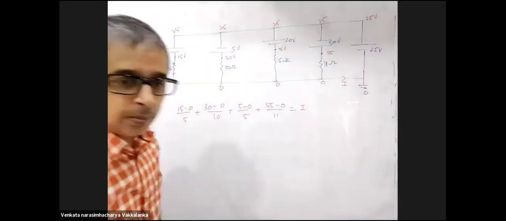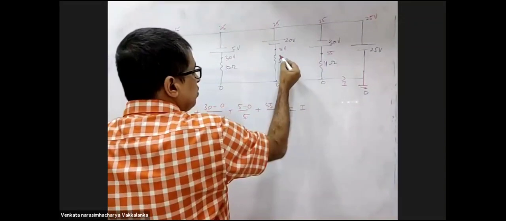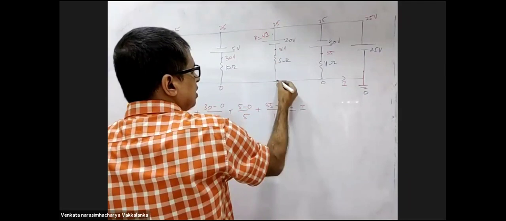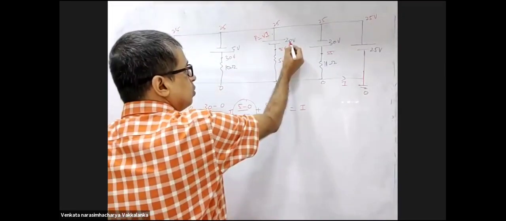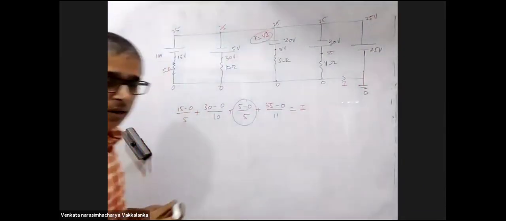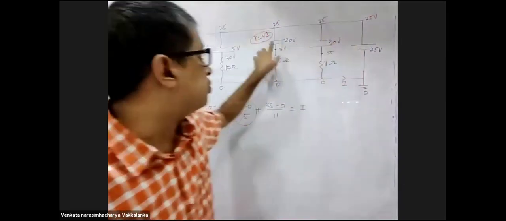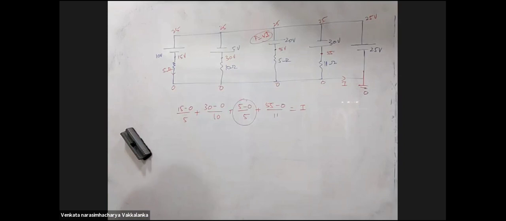And the power supplied by the 20 volt cell. 20 volt cell means this. The power here will be VI. You know what is the current in this branch? This is the current into 20. I'll get the power supplied by this particular battery. Yes, sir. He is asking for current through this and the power delivered by this. Power delivered by this is VI.